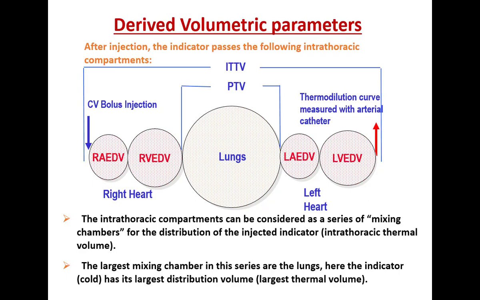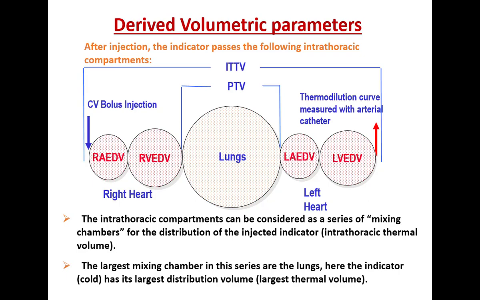So what happens is that once you have injected a cold saline bolus through your central line, and mind you, 3 cold saline boluses are a prerequisite for any measurement so that there is no discrepancy. In case one value appears to be different from the others, you can always omit that value and use the other 2. So that's why 3 values are required, and it has to be at a constant injection rate. These are 2 prerequisites for any kind of measurement.